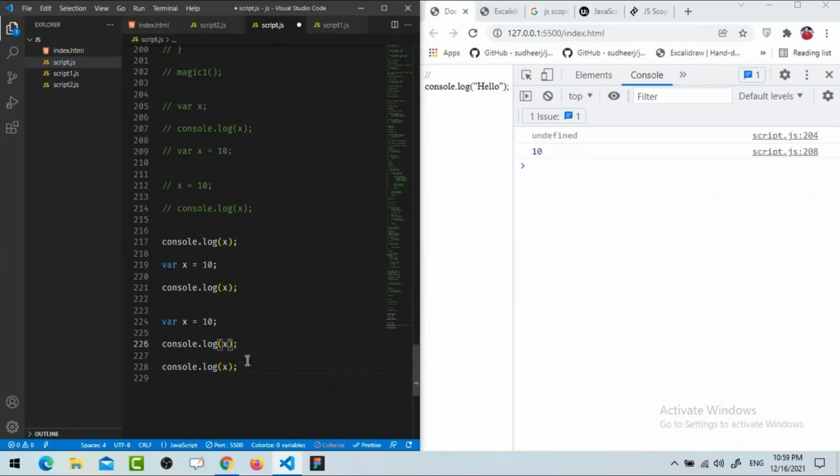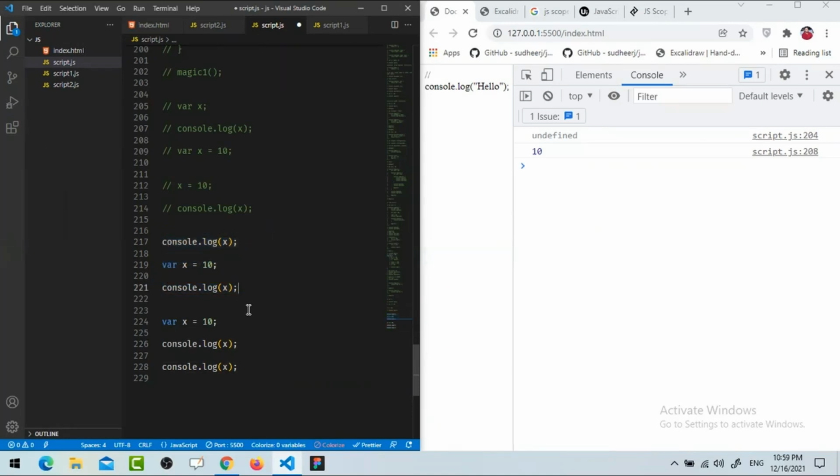First time undefined, after assignment, it will be 10. Is that clear, or do you want me to explain this again? No? So good. If you are aware of the creation phase and execution phase, you can easily understand this